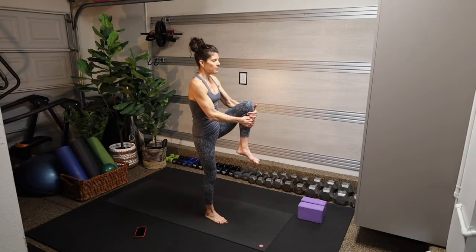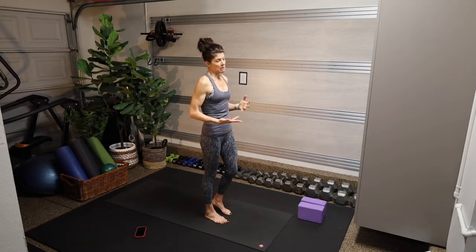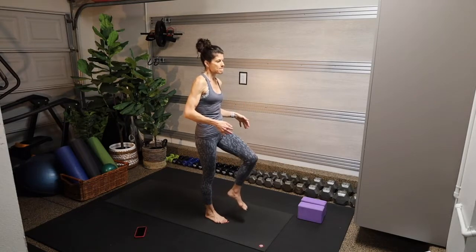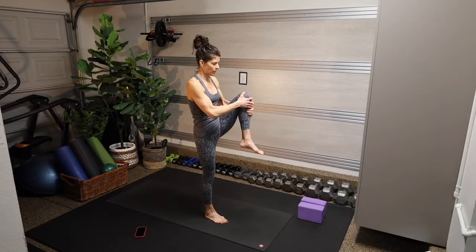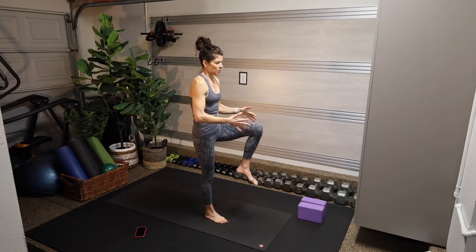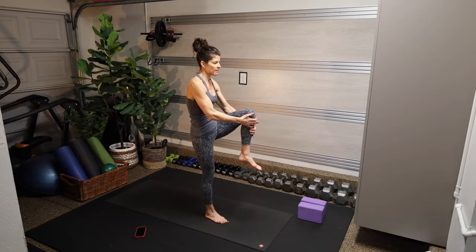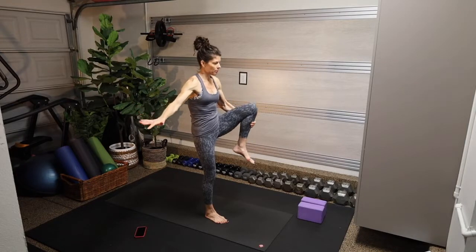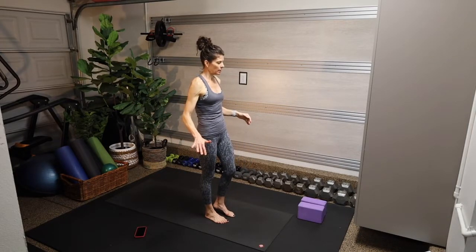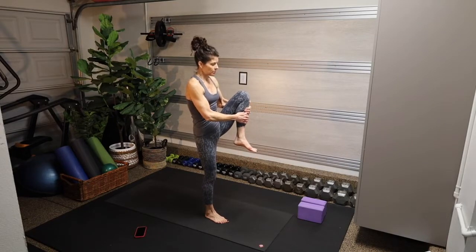It's funny, I am right-handed, but I struggle more with balance on my right side. Don't know why. So just whichever side it is, just be patient with it. You could always hold on to a wall here,